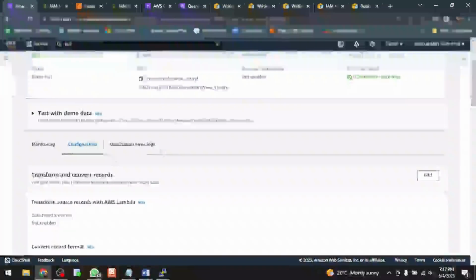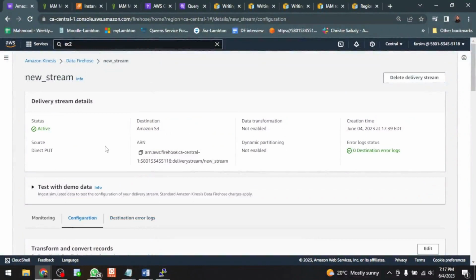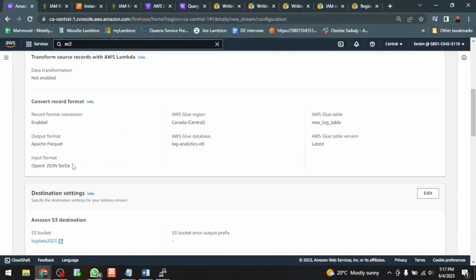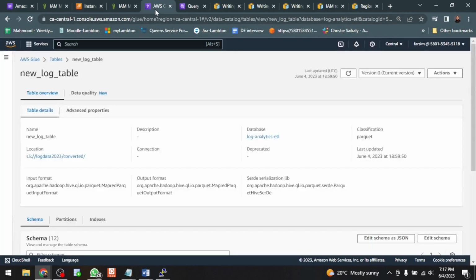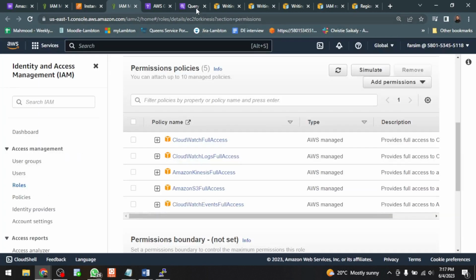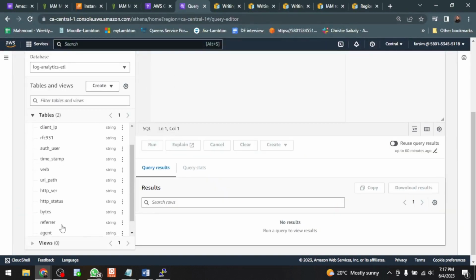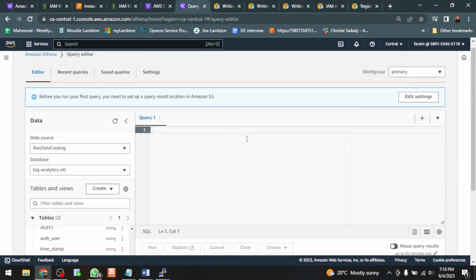Actually, let me go to the data stream and see which table we use. The new log table that we will use for Athena. Where is that? Okay, the new log table, right? So this is our schema, and if you query select